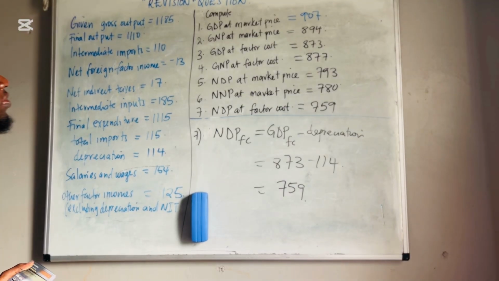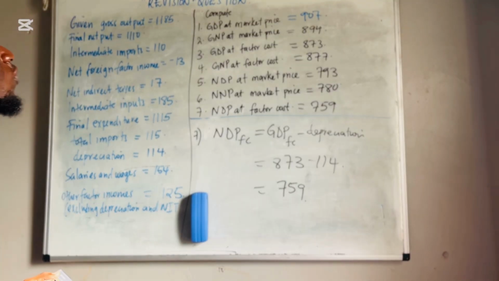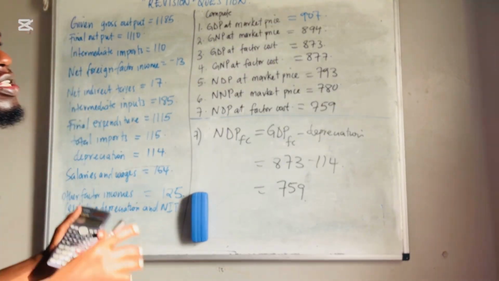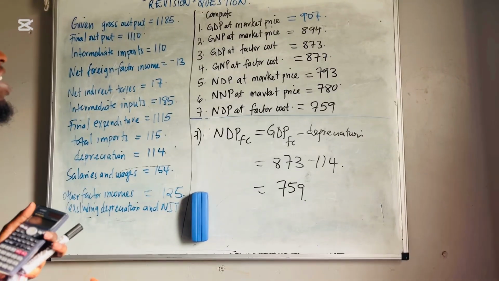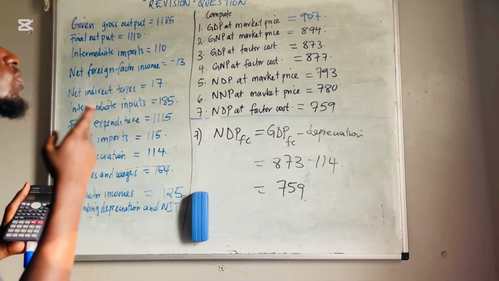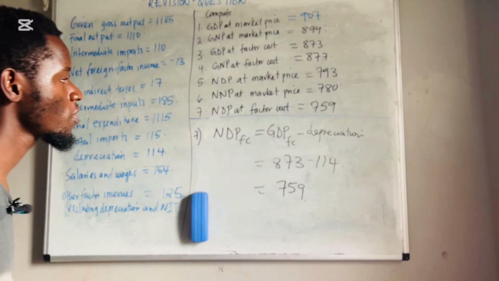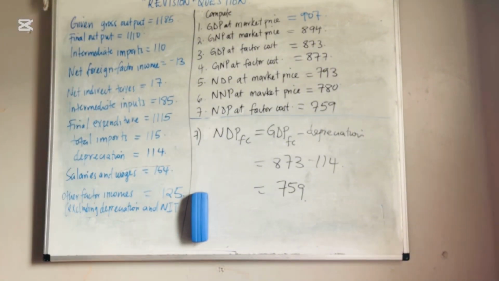I promise to make more videos like this. I was explaining to you that coming from domestic to national, we just need to add net foreign factor incomes, which means the difference between what we spend abroad and what we earn from abroad. Now coming from gross to net, we just need to subtract depreciation. And lastly, coming from market price to factor cost, we just need to